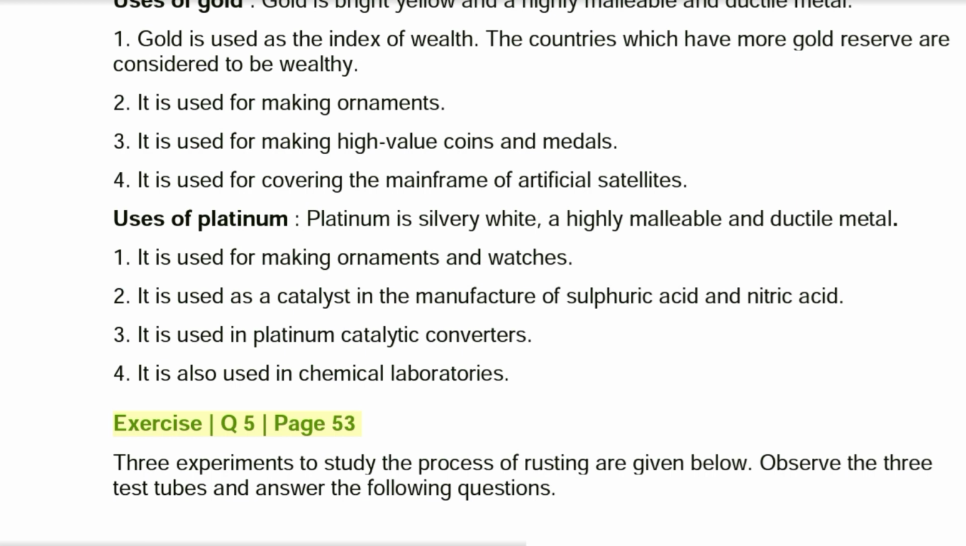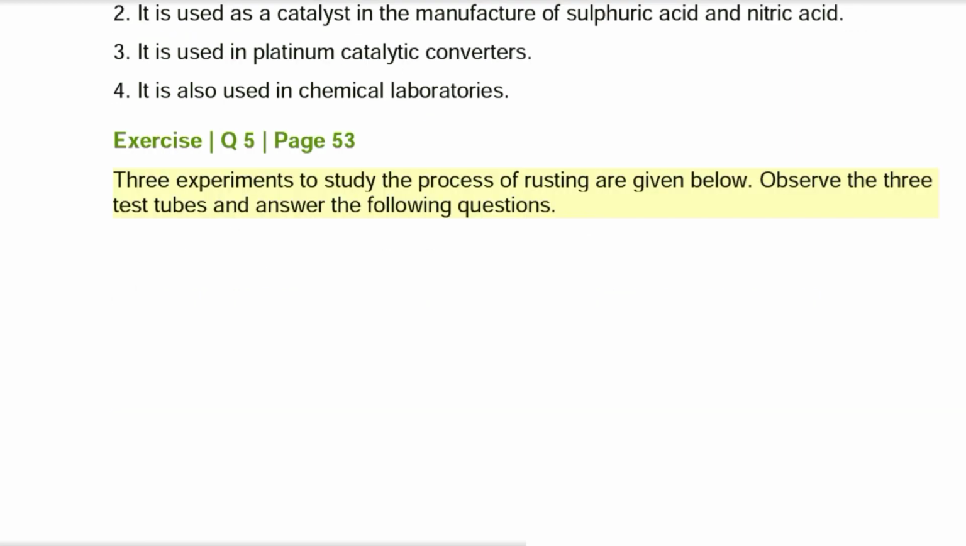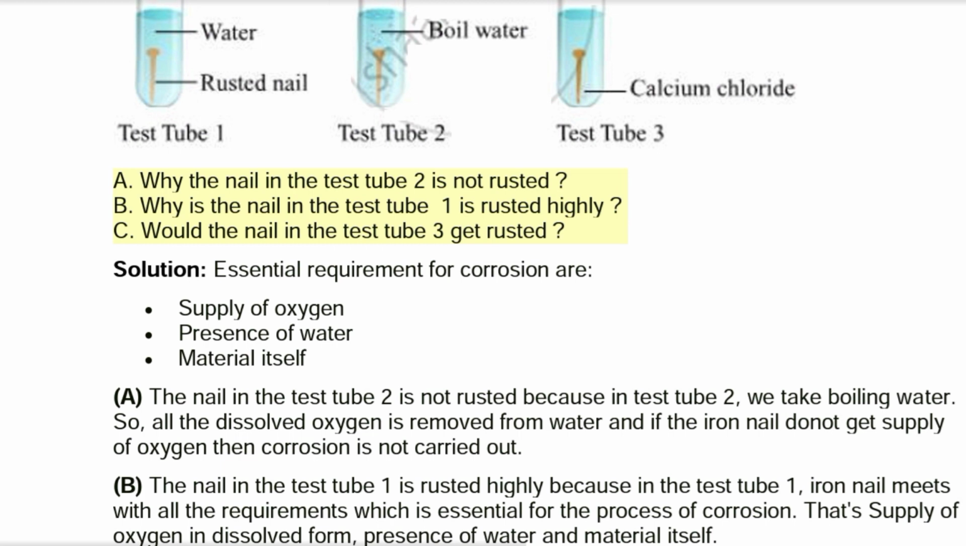Exercise Q5, page 53. Three experiments to study the process of rusting are given below. Observe the three test tubes and answer the following questions. A. Why is the nail in test tube 2 not rusted? B. Why is the nail in test tube 1 rusted highly? C. Would the nail in test tube 3 get rusted? Solution. Essential requirements for corrosion are supply of oxygen, presence of water,